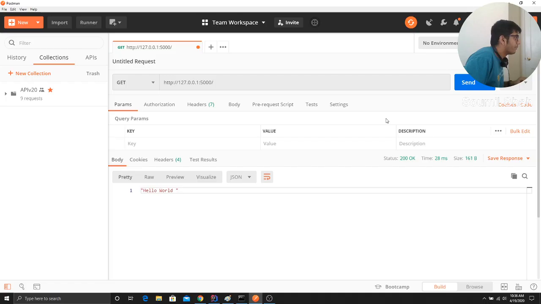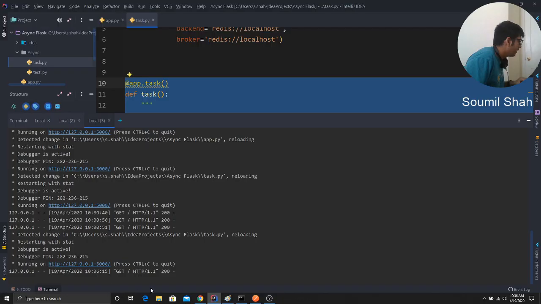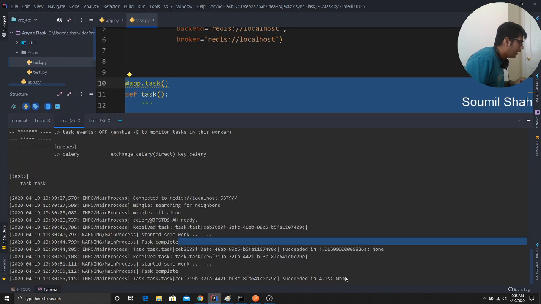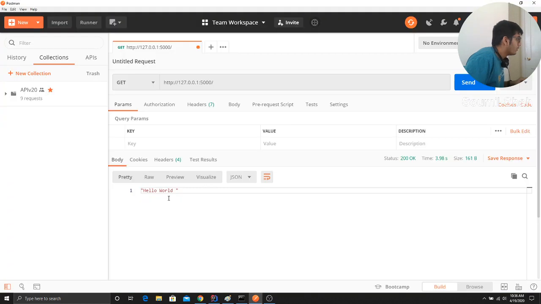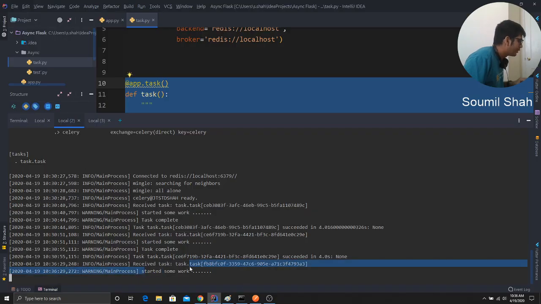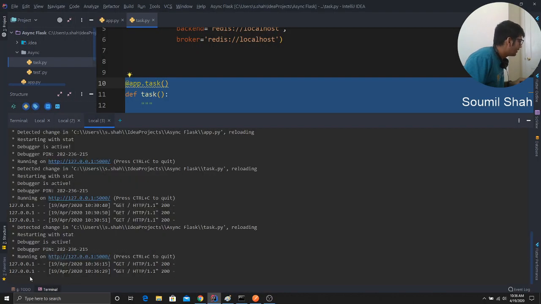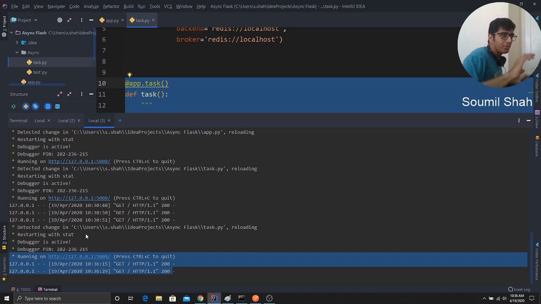So if I come here and hit the send button, it makes a request, and it takes 4 seconds to do the task, right? It's going to execute in the back, but your customer gets an immediate response that your data was posted. Although it's not posted yet, it's going to take 4 seconds. But it appears. Here you can see it's working in the background now, but I got the response immediately. I see status 200 immediately. So this is the entire stuff, how it works, the Celery task queue.